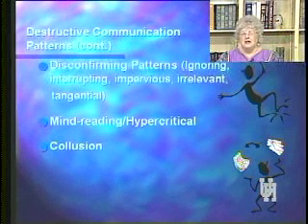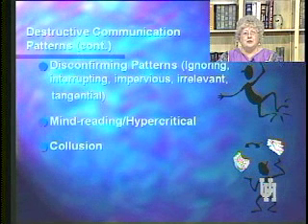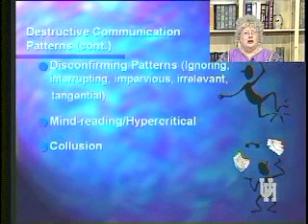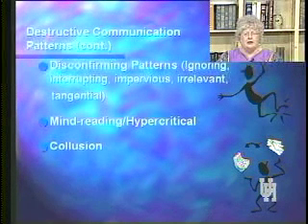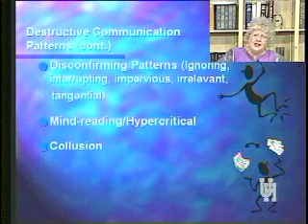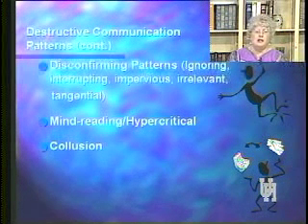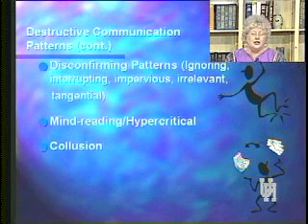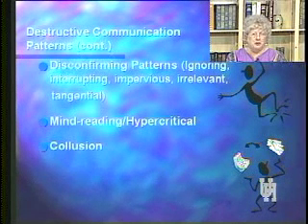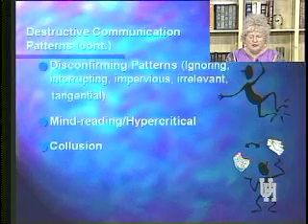Okay, collusion is another destructive pattern. This is when two people are in cahoots with each other, as it were. They don't like the relationship, but for whatever their reasons, they don't want to get out of it. A good example would be a boss and an employee who act like they like each other, but the employee really hates the job, would take another in a heartbeat if they could get one, but they can't, and they need the paycheck, so they stay there. Okay? And they act like they like that.